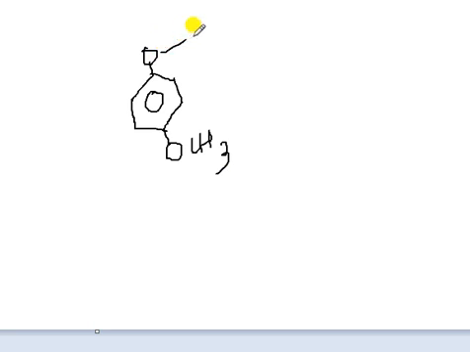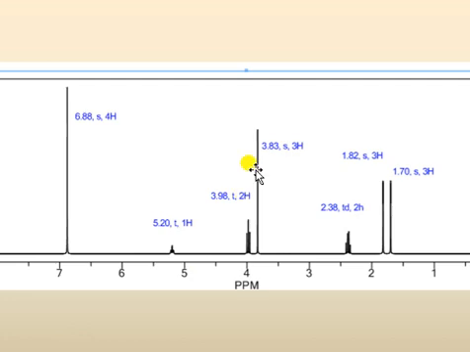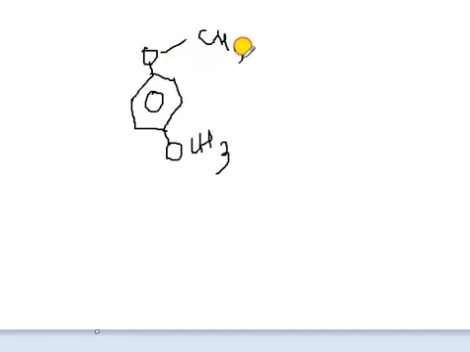OCH3, can we write OCH3? Cannot, because another CH3 is not there. If that were there, then another 6 protons should come as OCH3. Is it there? No, it is not there. But there is a triplet. So we can write CH2, very close to each other. So how can this come as a triplet?